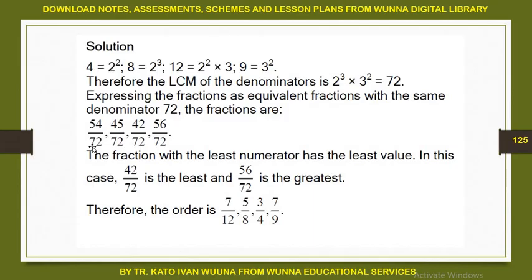And now, when arranging the fractions, we arrange depending on the numerators. The one with the smallest numerator shows the smallest fraction. The one with the biggest numerator is the biggest fraction, and then we shall arrange accordingly, but not arranging these